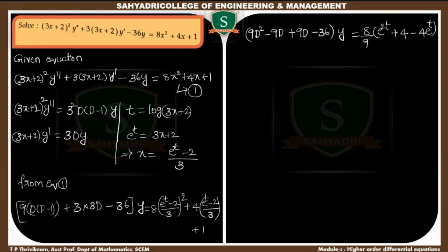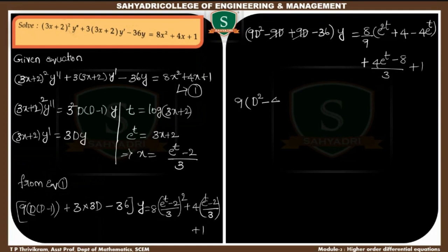Okay, a plus b whole square, a square plus b square minus 2ab. Next, plus 4 e power t minus 2. Sorry, 4 into 2, it is 8 divided by 3 plus 1. Okay, now in the left hand side what happens? You can take 9 common. So this and this get cancelled. If you take 9 common here, how much? D square